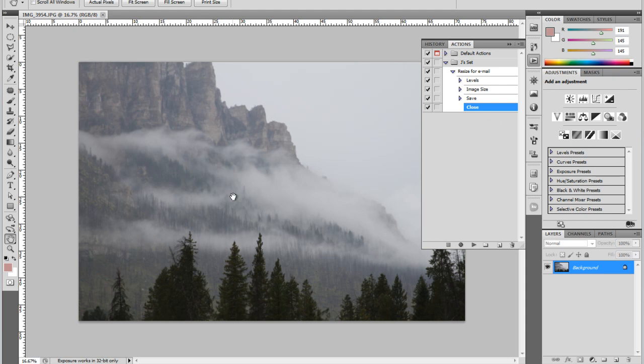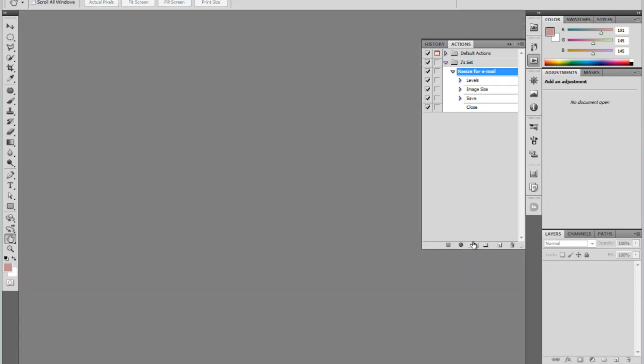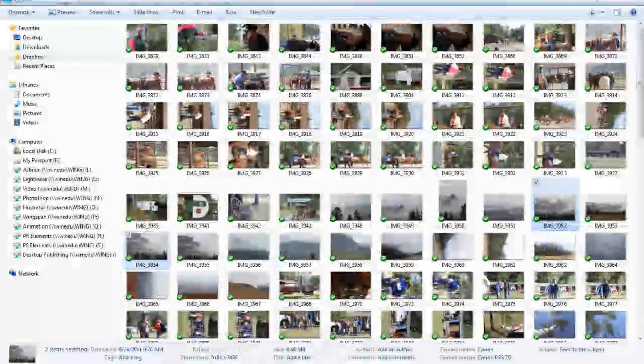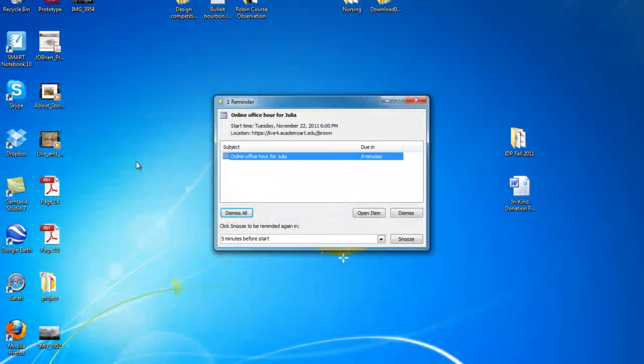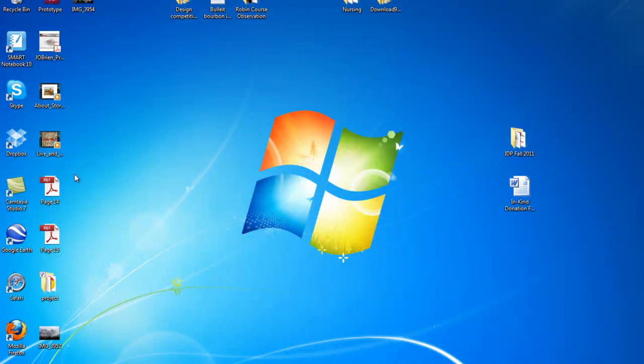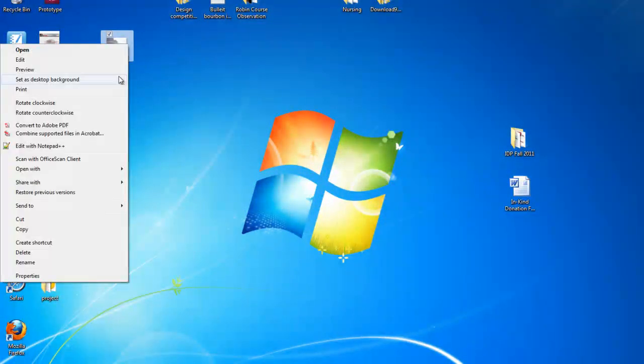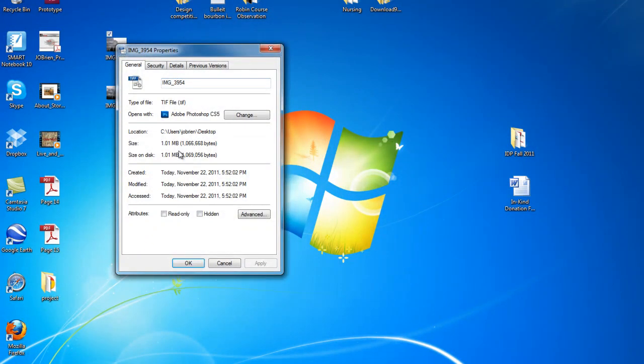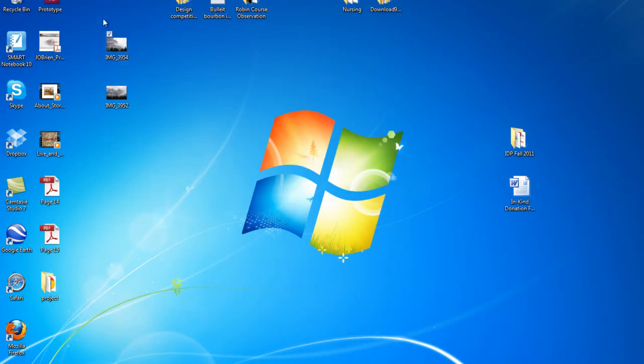Now, on this photograph, if I want to do this again, all I have to do is click and press play. And it simply went through all the steps and closed it. It was that fast. Now if I go to my desktop, get rid of that, yes, you can see that I have these two images now on my desktop. And let's see what the file size is. That's an acceptable file size, and it's a TIFF file format. So I can now share that with people without worrying about